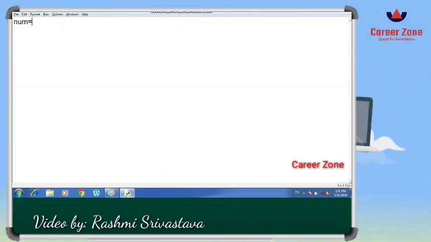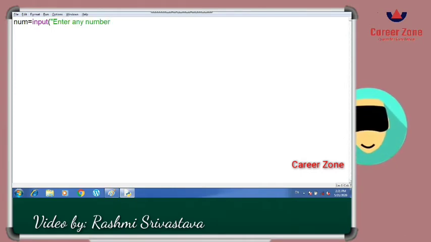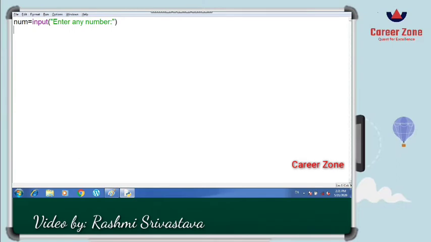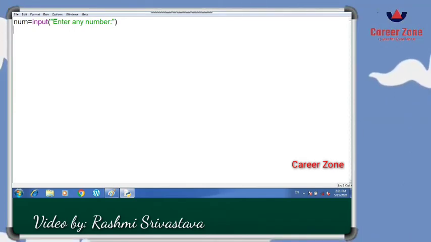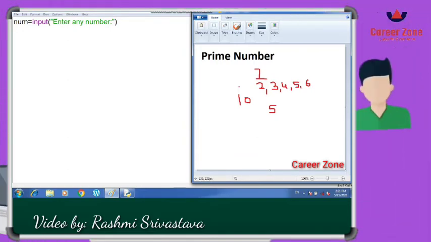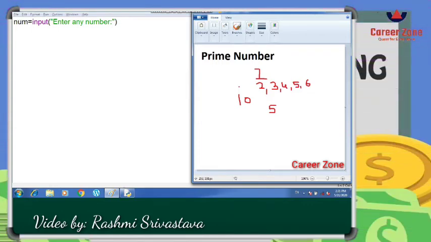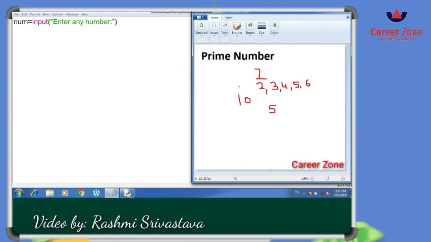So now let us do the coding. I am going to write here, take a variable num, and I am going to ask the user to input any number for checking whether it is a prime number or not. So I have taken the variable num, I have written the input statement, and now, as we want the number to be checked starting from 2 till the number minus 1, because it will be divisible by itself, if the user enters 7, we need to divide it till 6.